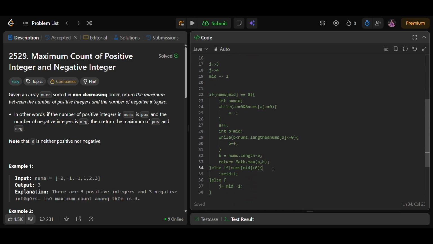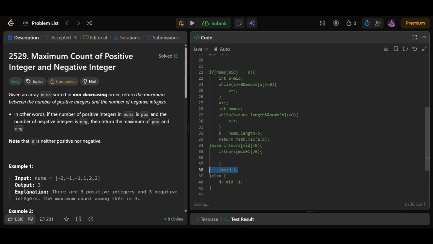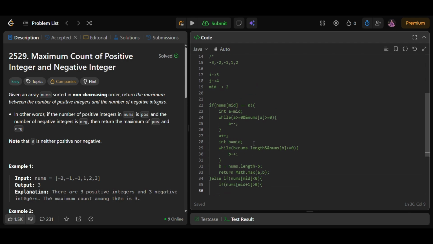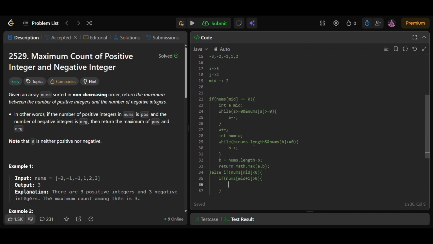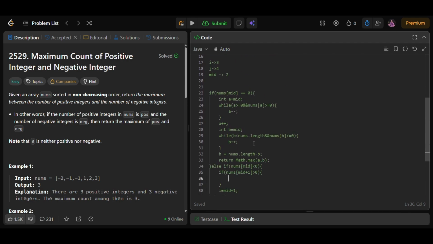So is the nums of mid plus 1 positive? Okay. If it is positive, then what we would do, if the right is positive, then we are returning math dot